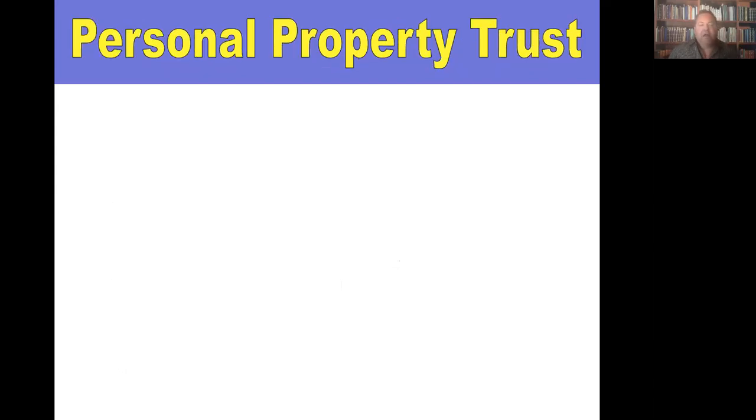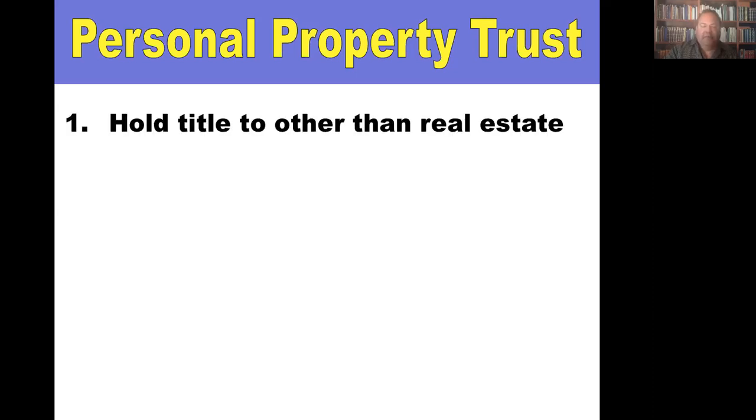So let's talk about another type of trust, which is similar to a land trust. It's called a personal property trust. This is essentially a land trust for non-real estate, personal property. So if you owned a car, a bank account, a brokerage account, mobile homes, which are personal property, a note or mortgage on public record, instead of you or your corporation or your LLC being the owner of that, set up a personal property trust and take title in that. It's the same basic thing.